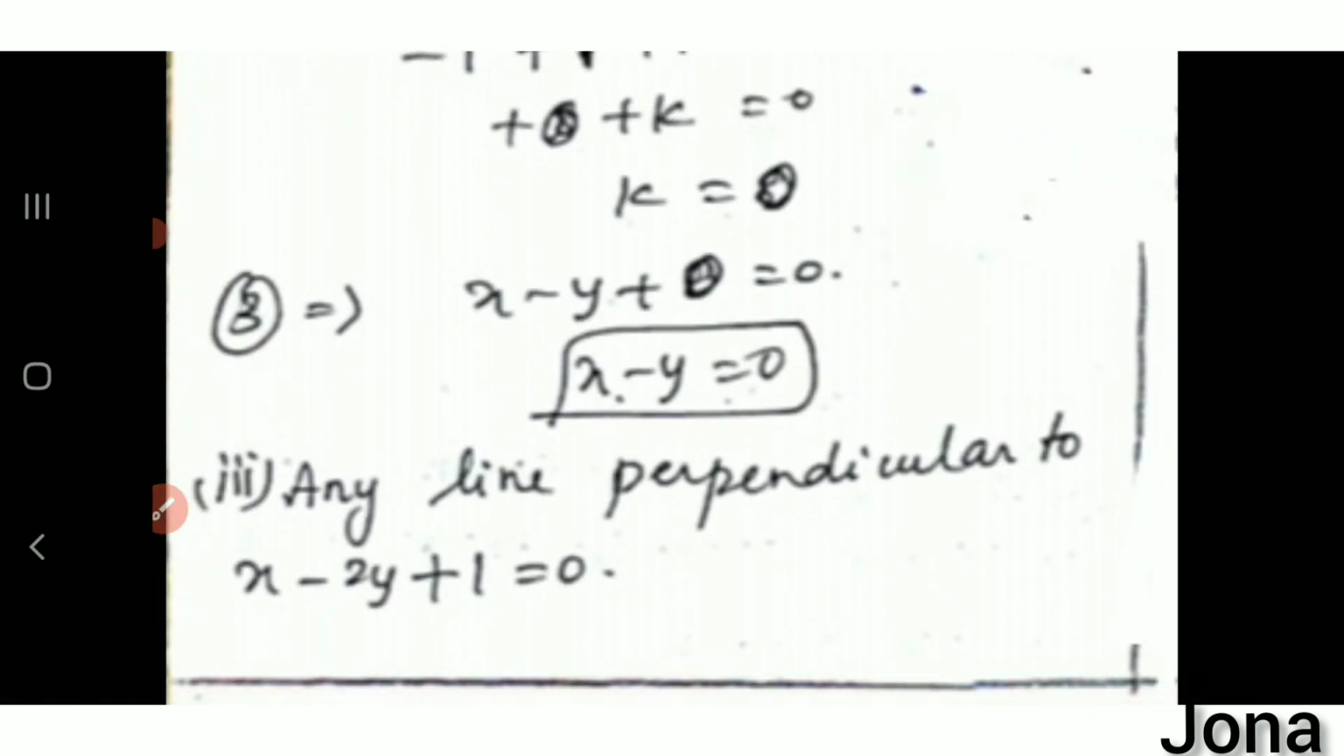Third division, any line perpendicular to x minus 2y plus 1